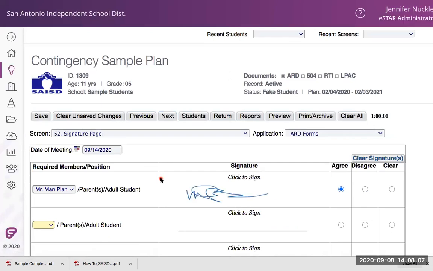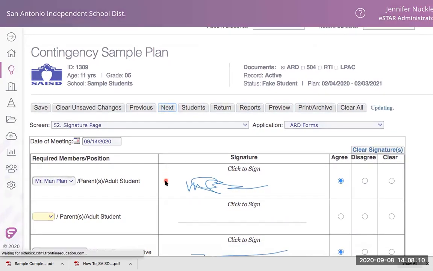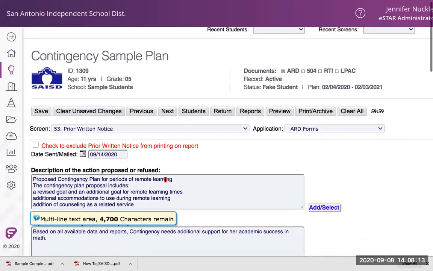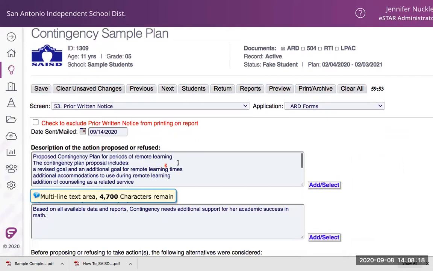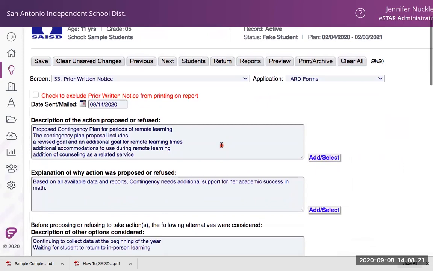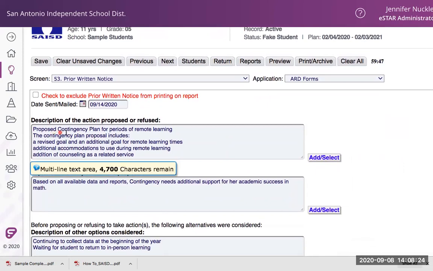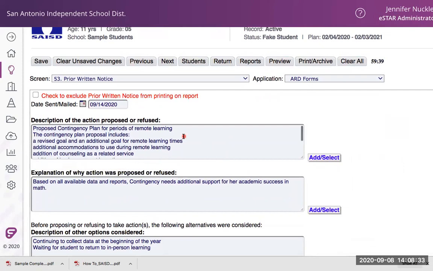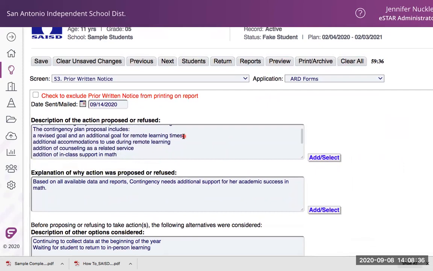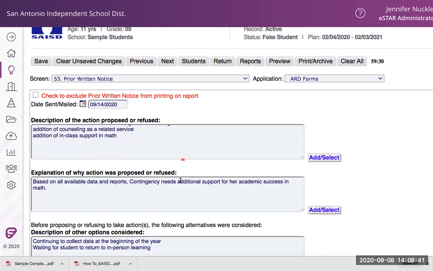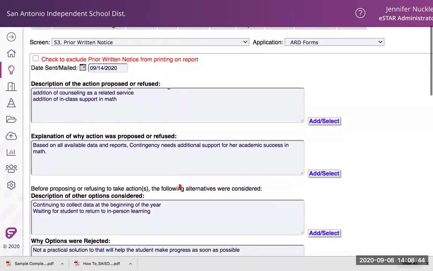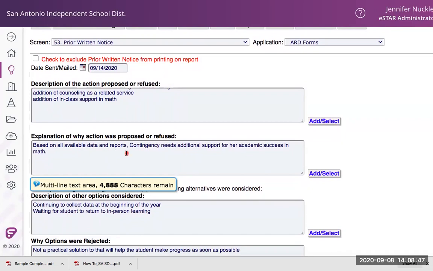And now we have our, oh, sorry, all y'all's screens probably look a little bit different. Our prior written notice, making sure that we have an updated date, that everything from the previous ARD was cleared out. Now again, this is an example only. We have a proposed contingency plan for periods of remote learning. The contingency plan proposal includes a revised goal and an additional goal for remote learning times, additional accommodations to use during remote learning, addition of counseling as a related service, addition of in-class support in math. Based on, what's the explanation? Based on all available data and reports, contingency needs